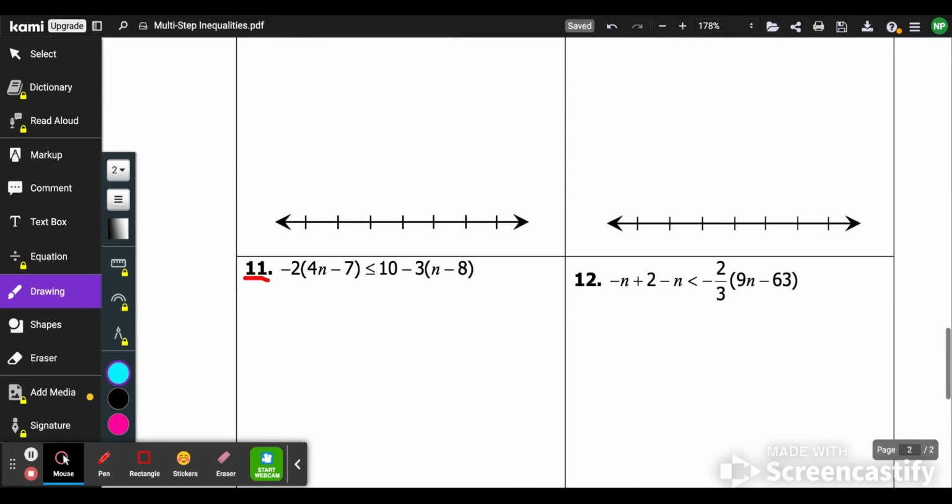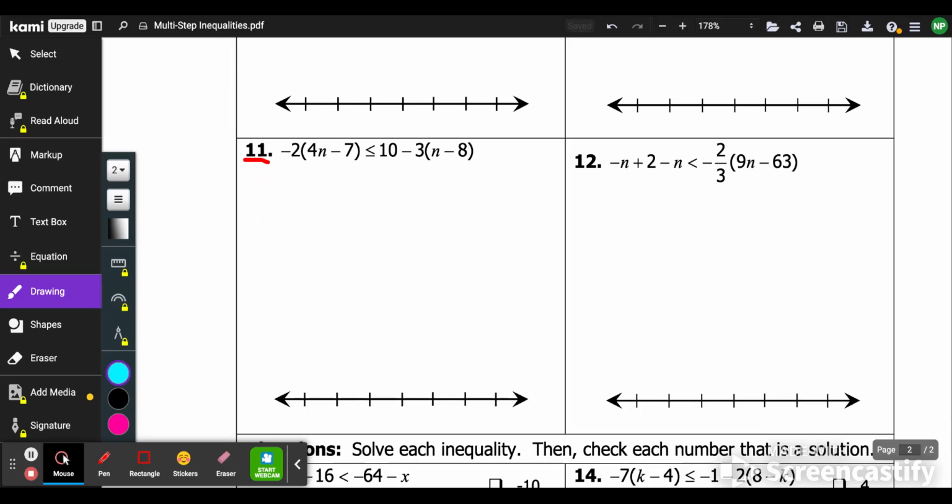All right, and the last one we're going to do together, number 11. Okay, so now we have variables on both sides. We have parentheses on both sides. There's a lot of moving parts on this one. So let's start by distributing to our parentheses. So -2 times 4n is going to be -8n. Hopefully I don't run out of room. I'm trying to write as small as possible. -2 times -7, 2 negatives in multiplication makes a positive. So plus 14